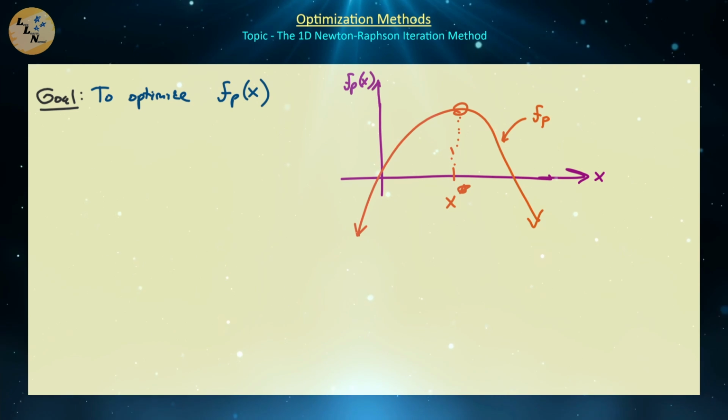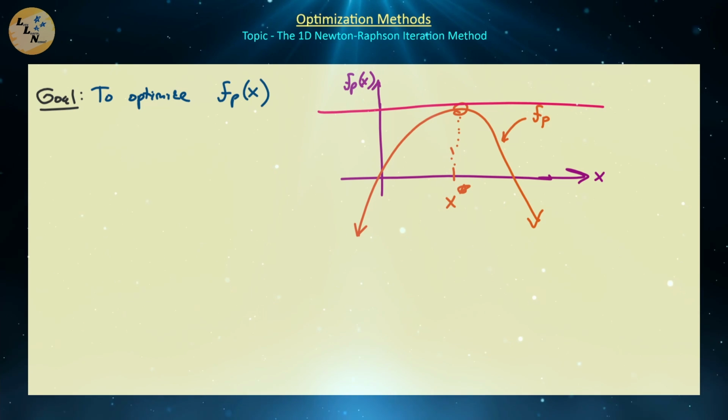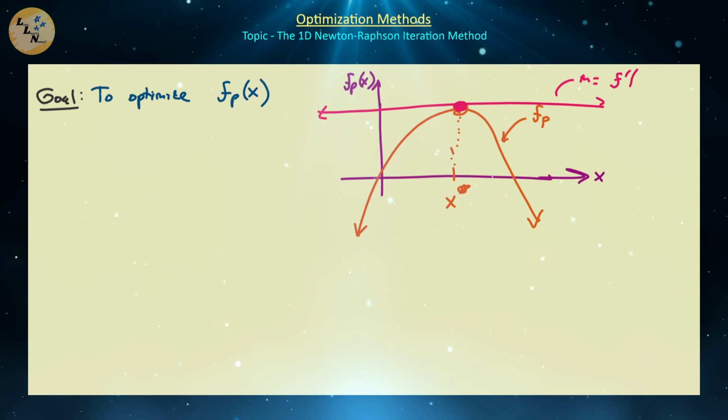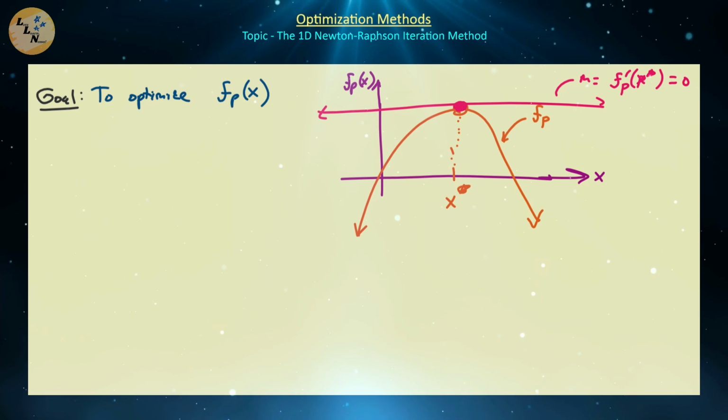Right? Now, what is so special about this? And keep in mind, this could be a maximum or a minimum, right? So if we take the derivative of this differentiable function f_P at x equal to x star, keep in mind that the slope of the tangent line at that particular point is going to be equal to 0, right? So the slope of that line, f prime P of x star, is going to be equal to 0. Now, this should look familiar because if we're trying to find the value x star that makes some function equal to 0, in this case that function is the derivative of the function we're trying to optimize,